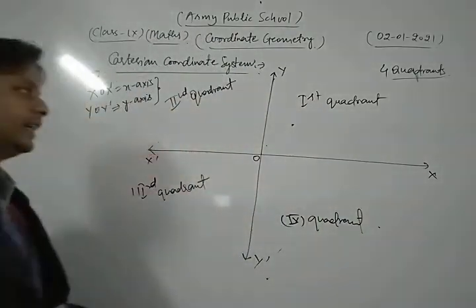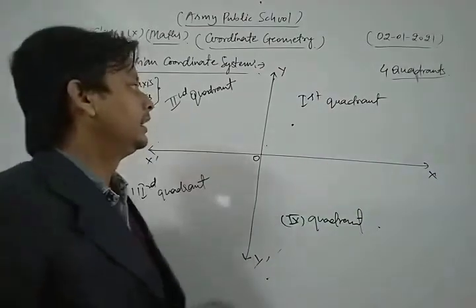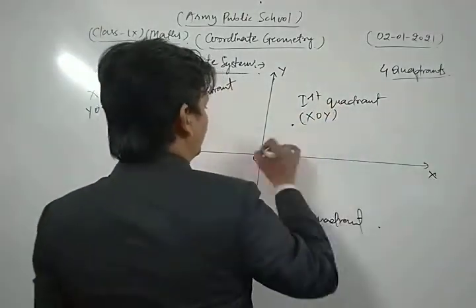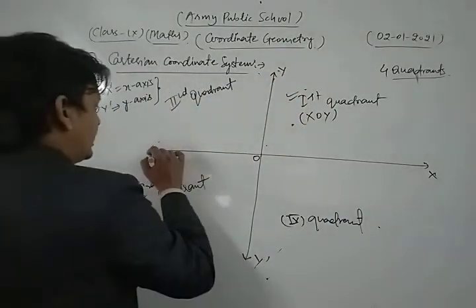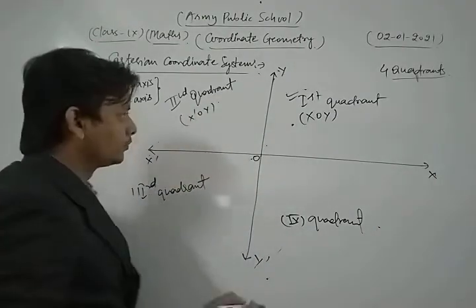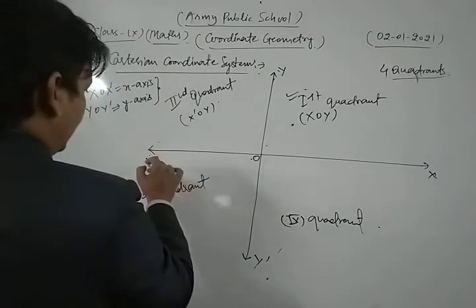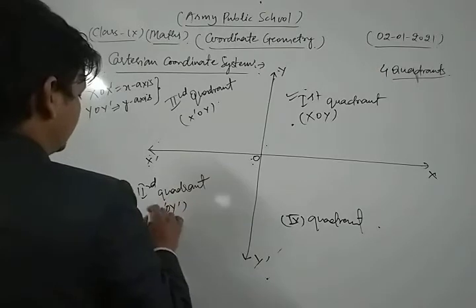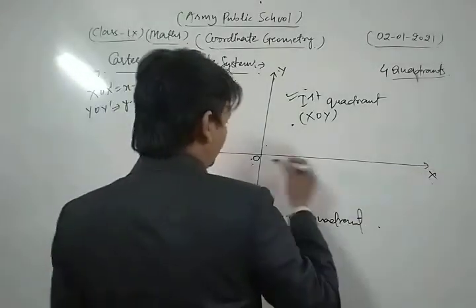Okay, so in any Cartesian coordinate system there are four quadrants. Let's see, the four quadrants are what? XOY is your first quadrant, dear friends. Now this is X'OY. This X'OY is known as what? Second quadrant, and X'OY' is known as your third quadrant,